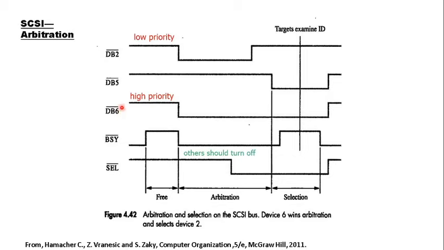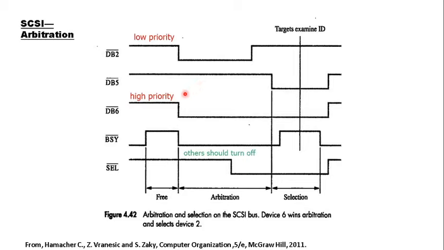Then there is a particular tie-breaking mechanism in this arbitration scheme, that is, these DB lines have a priority scheme in the increasing magnitude of their numbering. Okay, so it means that DB0 is of the lowest priority and DB7 is of the highest priority. So whenever there is a competition or tie between different controllers, the controller in possession of the highest numbered DB line is given the priority. So in our case, the DB6 line is of the highest priority, so our main SCSI controller is given the highest priority. So DB2 is supposed to lose this arbitration, and there is a particular procedure also for that.